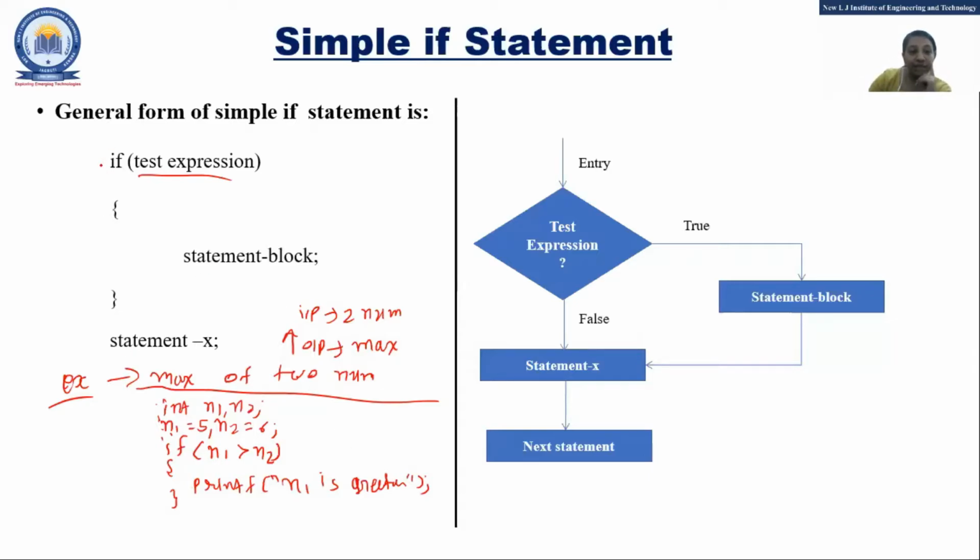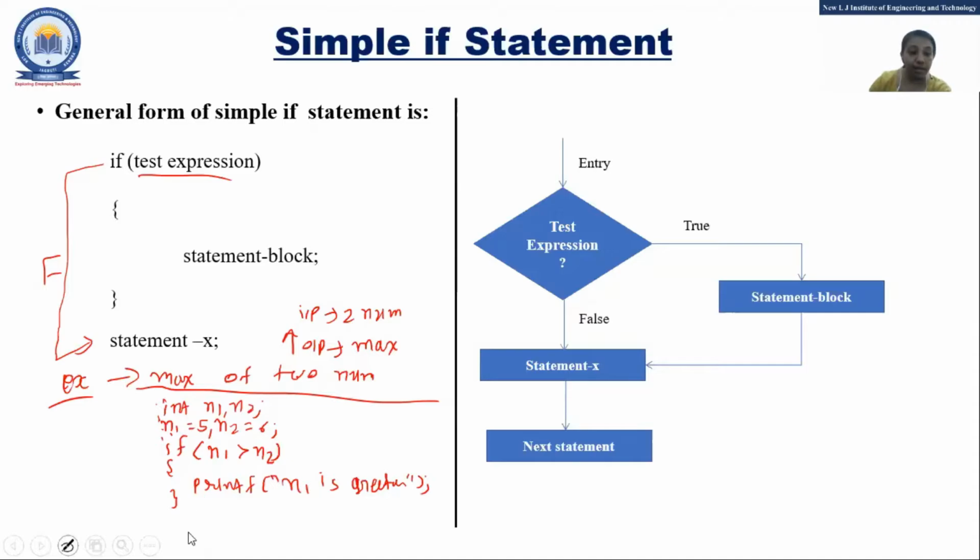We have said that if the statement is false, this thing is executed, and if the statement is true, that thing is executed. So here I can't write printf n2 is greater, because it will give you both answers. We will see in the program.